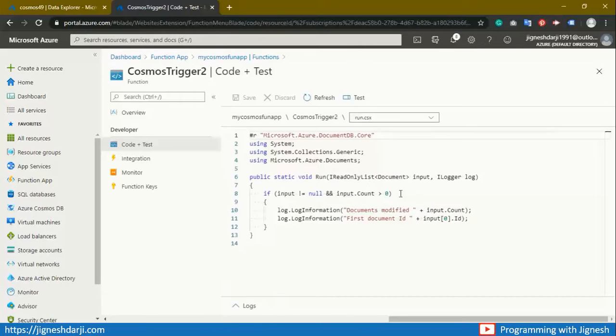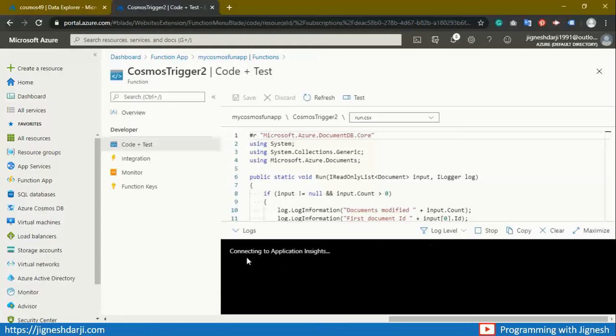Here you can see this is the same logic that came with Cosmos trigger 1, and this is your log panel, which is now connected. When you insert a new record or collection into Cosmos DB, it automatically triggers the Cosmos trigger and executes all the logic under the run function.